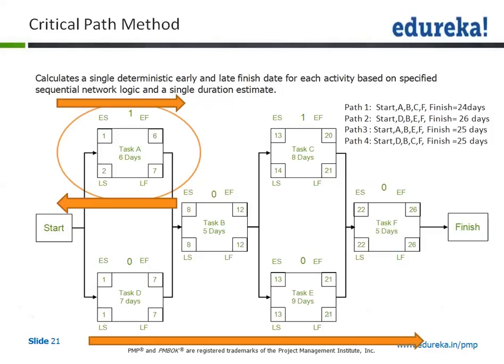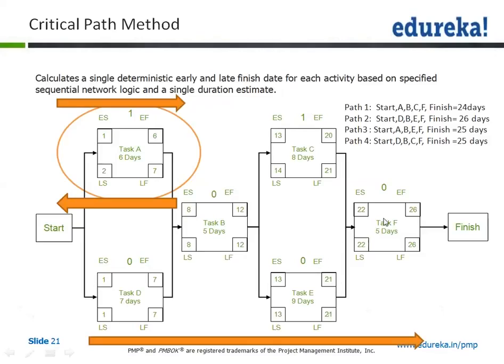Now the next task on the critical path for us is E, which is here. And this numbering will continue from the last where we left 12. We have written 13 and this task is going to take 9 days. So 13, 14, 15, 16, 17, 18, 19, 20 and 21. 9 days here. This task can be finished by the 21st day.